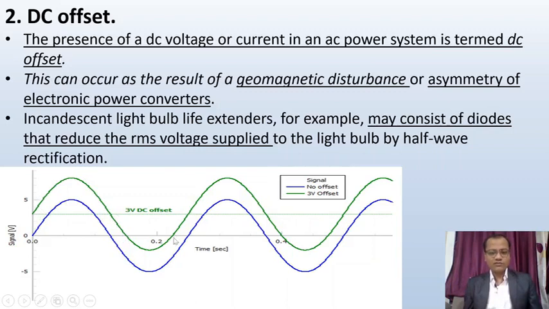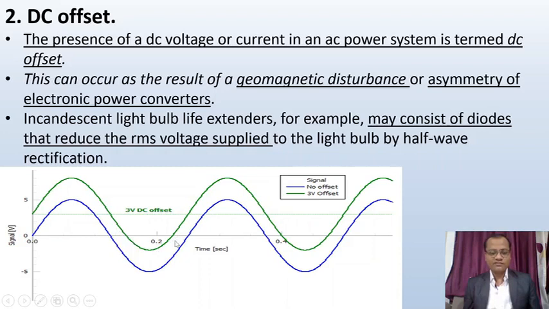Negative half cycle part is only this one, but positive half cycle part is quite more. So we can say that this is the example caused due to the DC offset. Now if such kind of signal with DC offset is provided into circuitry where diodes are used, there might be an effect that the voltage required to light that particular lamp might be reduced, as in case of